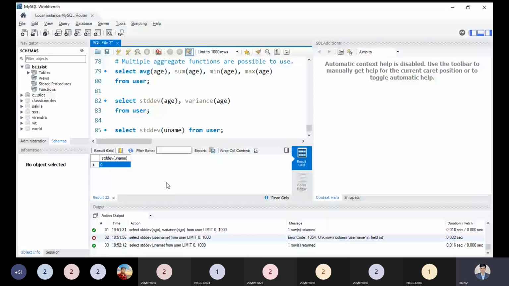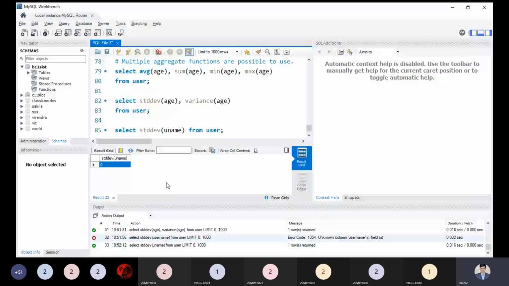Yes, it's a string, not an int. Yeah, super. It seems you are not sleeping. Standard deviation is a statistical mathematical function which works on numerical data only.